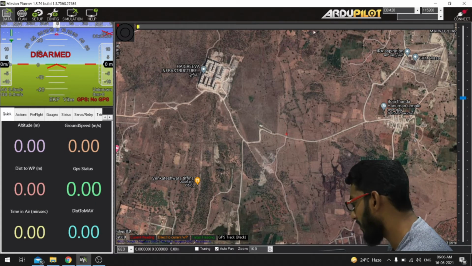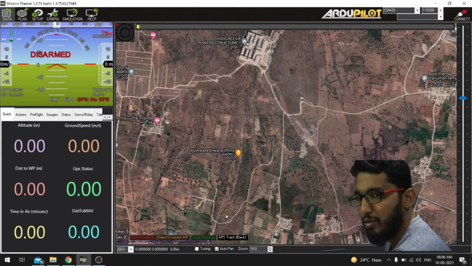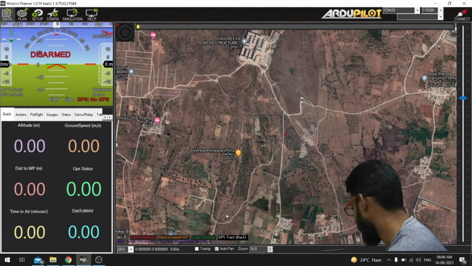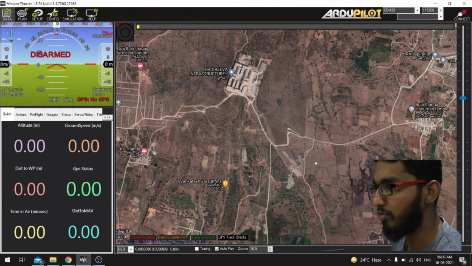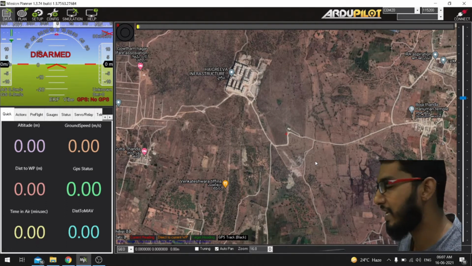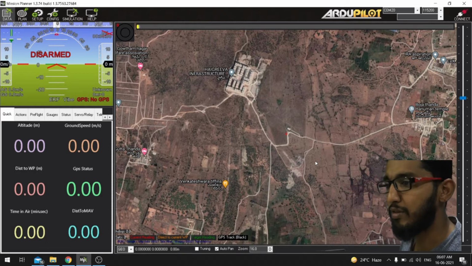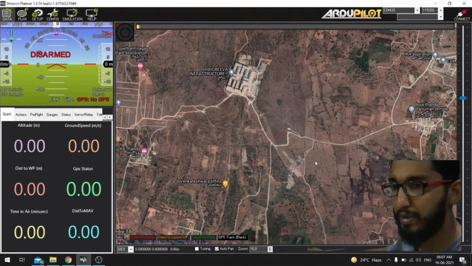And in the middle window, which is a map, I told you it's a Google map, similar to your Google Maps. It's 30 days old data again. Here the interesting thing is it's a map, and everyone knows how to use a map, how to zoom in, how to zoom out. So when your aircraft or any UAV vehicle is connected to the ground control station via telemetry or via USB cable, you can see the vehicle being displayed here.